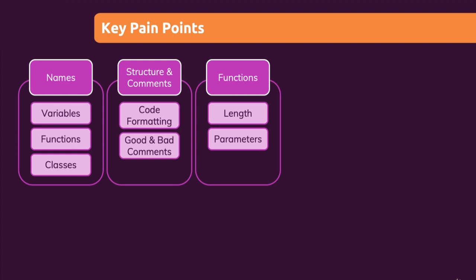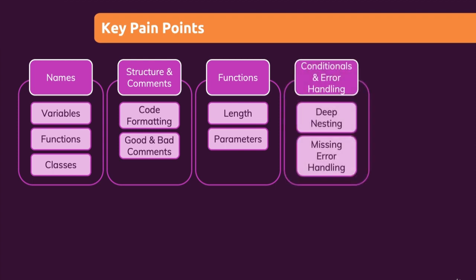We also will have a look at conditionals and error handling, because nesting conditionals and control structures in general too deeply and not using error handling appropriately, these are also two common mistakes a lot of developers make, and they also lead to dirty or bad code, and doing it right, on the other hand, will improve our code a lot and will be one core building block of writing clean code.